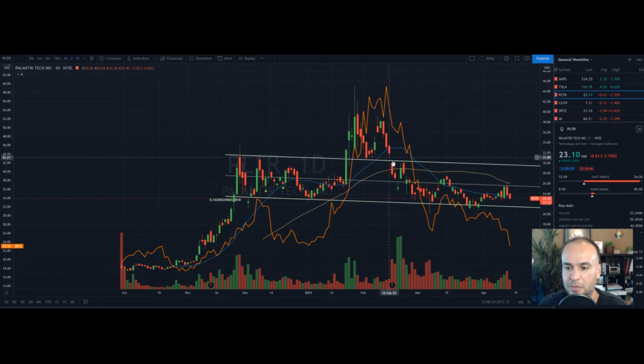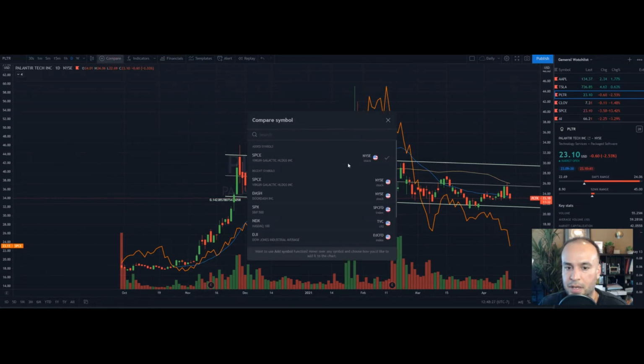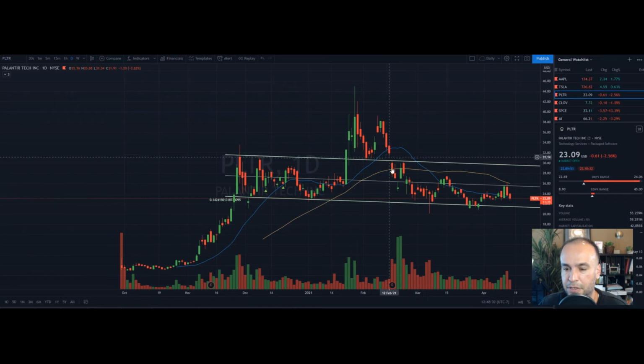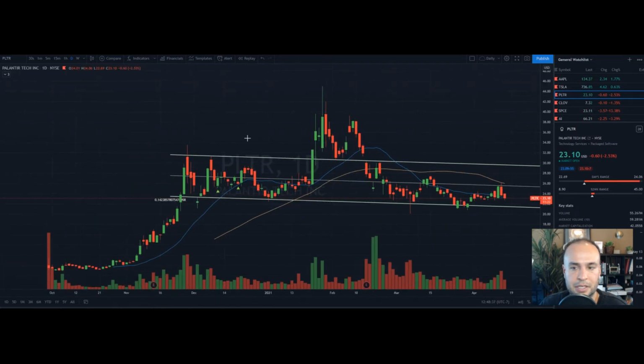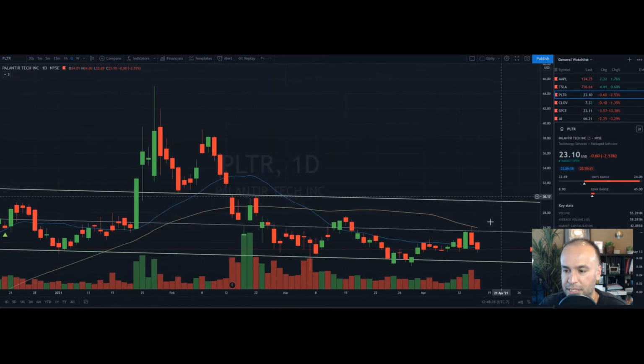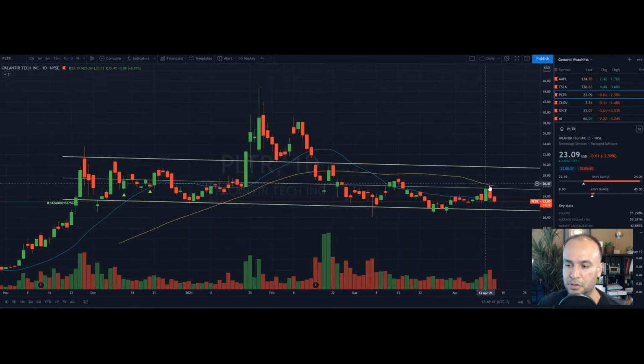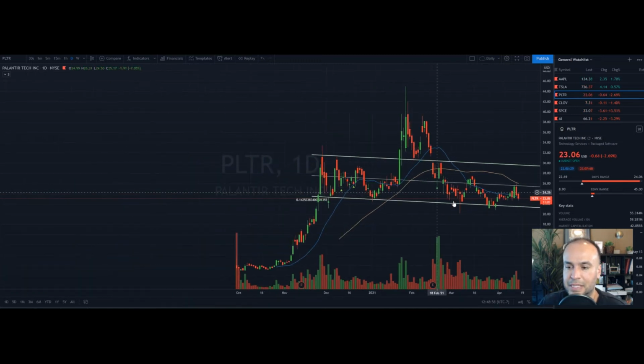You can see I've mentioned before that there's this gap fill here at 31.44. I mentioned this was my near-term price target, but the event really did nothing. We had a really good resistance. Right off the bat we went up to 26.20, and you can see it perfectly bounce off the 50-day. When a stock is still technically bearish, it's going to be trading below the 50-day, and now the 50-day is resistance for the stock. It hit that in the morning, totally sold off, and now it looks like we're trading right below the 20-day. So Palantir again continues to look weak.